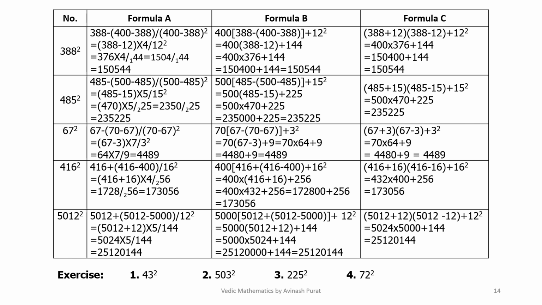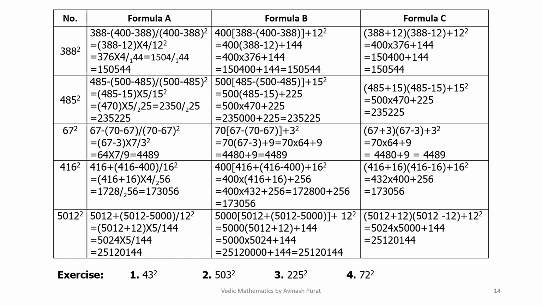Next formula: 500 multiplied by (485 minus (500 minus 485)) plus 15 square, that is equal to 500 multiplied by (485 minus 15) plus 225, equal to 500 into 470 plus 225, that is 2350 plus 225. The answer is 235225. Third formula: (485 plus 15) multiplied by (485 minus 15) plus 15 square equal to 500 into 470 plus 225 equal to